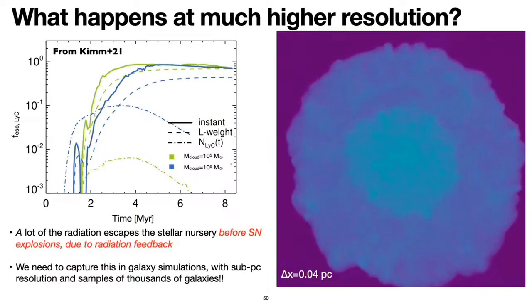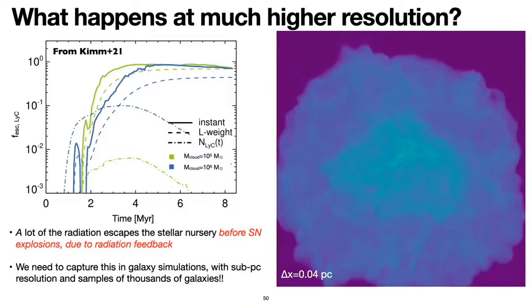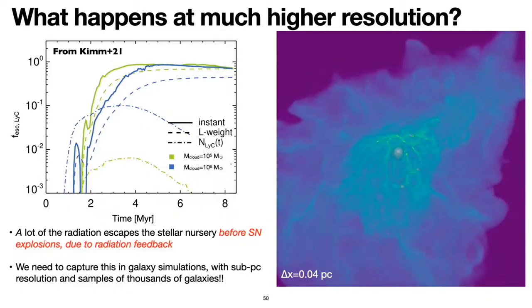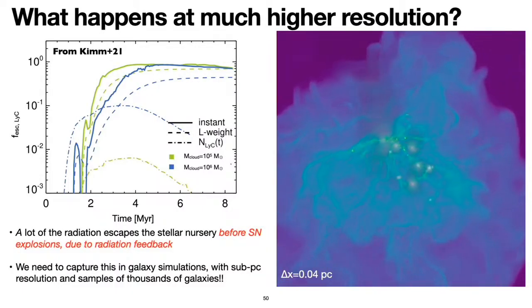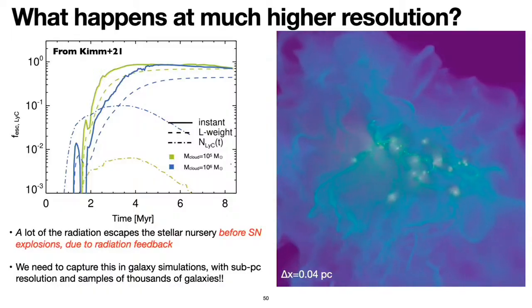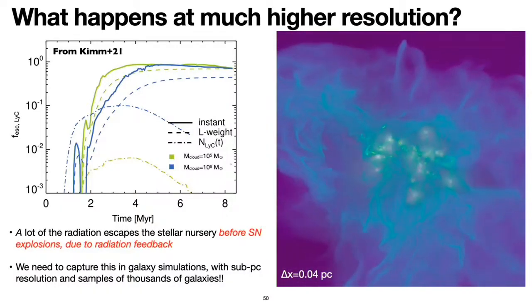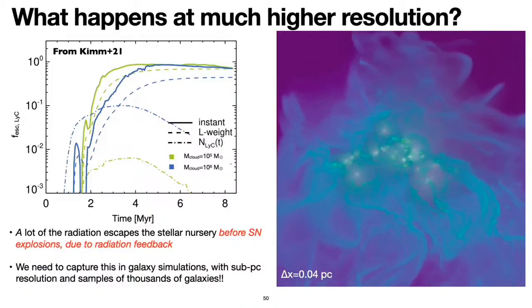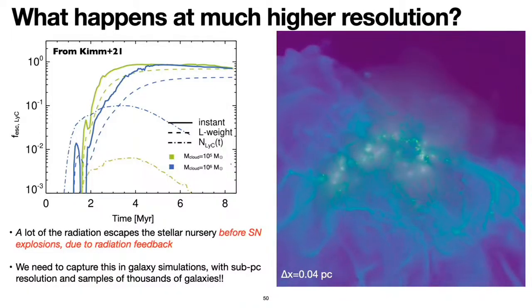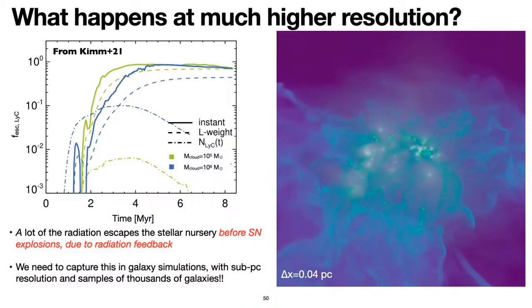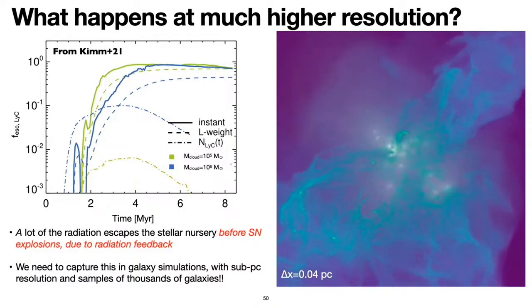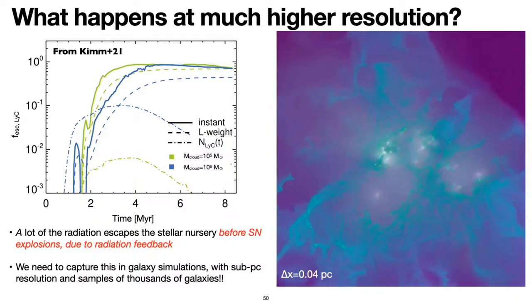And just to hammer that a bit more, I think the problem is, again, that things are not resolved at all. If we now run idealized simulations of individual molecular clouds, where the resolution is sub-parsec, you have basically 100% escape fraction of your radiation from the stars that are forming. So you see here radiation being emitted from individual stars. In the beginning, it doesn't escape very much. You can see that in this plot here. So this is the